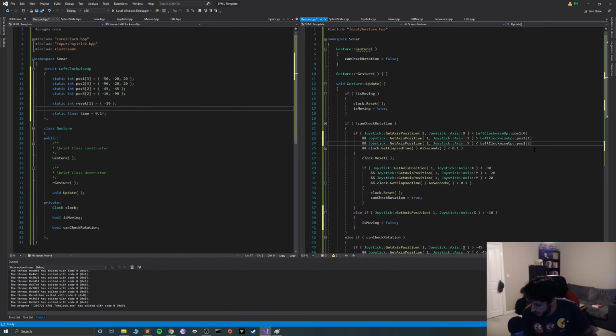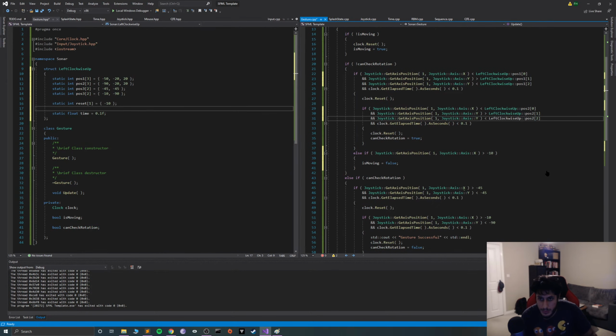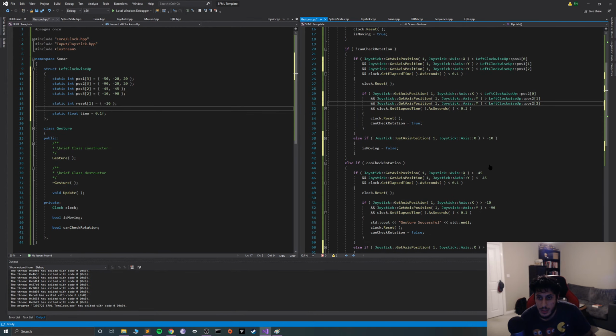One, 2, and this is going to be, I'll do all the resets after actually. This is going to be pos 2, copy that, and it's going to be 1 and 2, and this is going to be